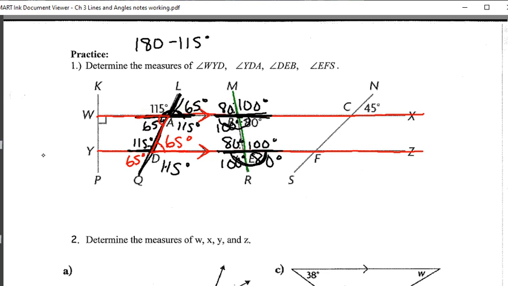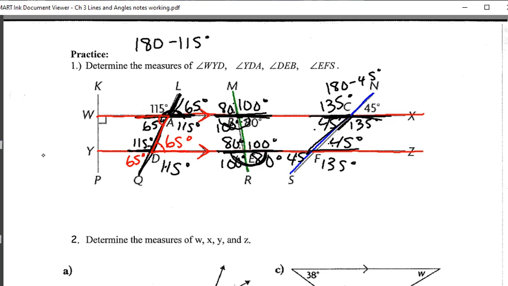Exact same idea with this last grouping. There's another transversal. So what do we have? 45 is opposite 45. Alternate interior, look at that Z that happens, 45. Opposites, there's 45. Straight line, this is 180 minus 45, 135 degrees. 135 degrees, because bottom right here corresponds to bottom right angle, corresponding. 135 because it's opposite. So now you can identify angle W,